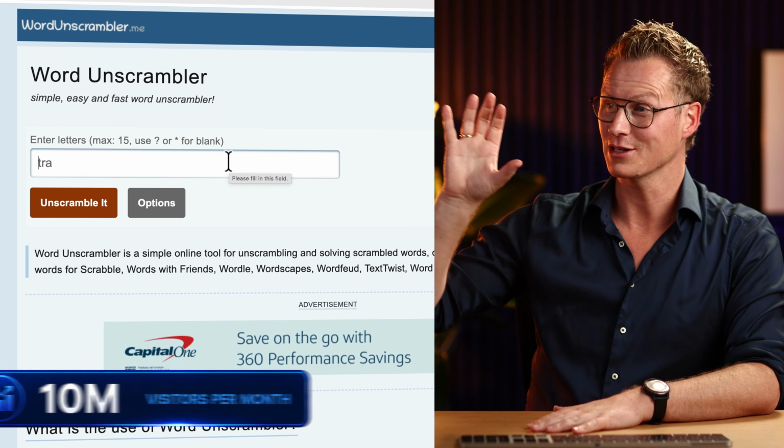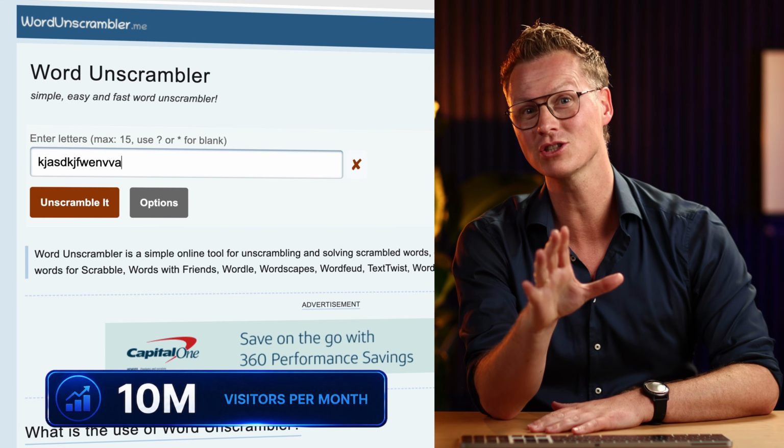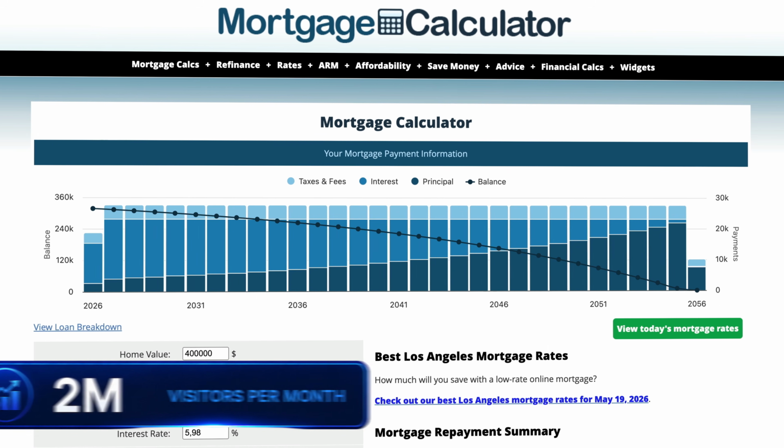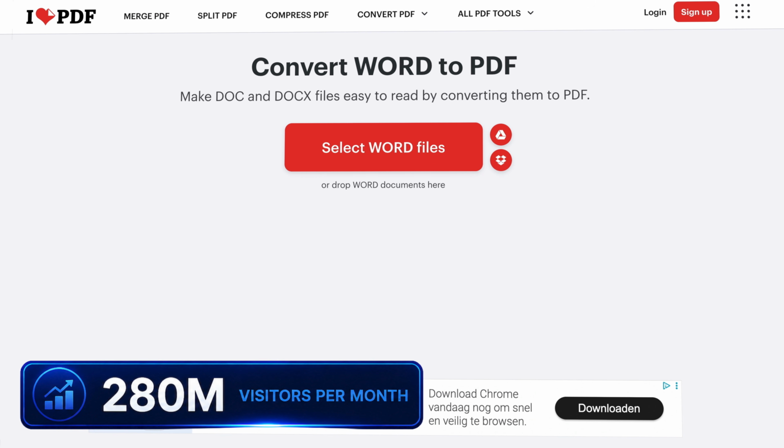This boring website gets over 10 million visits per month by doing one very simple thing: unscrambling words. And there are thousands of utility websites online that solve one specific problem for visitors. It can be a mortgage calculator, or calculator.net, or the website ilovepdf.com. And those websites get a ton of views and they place advertisements on their websites, and with that they can